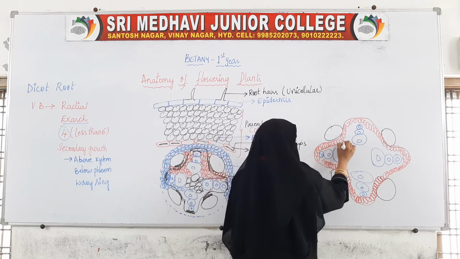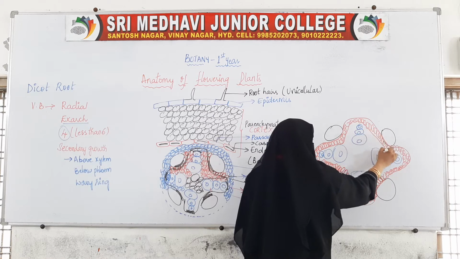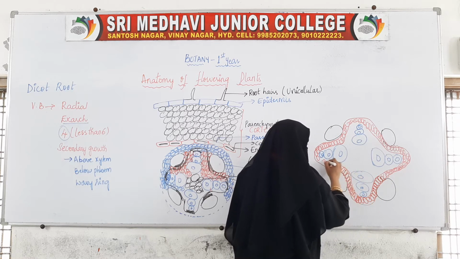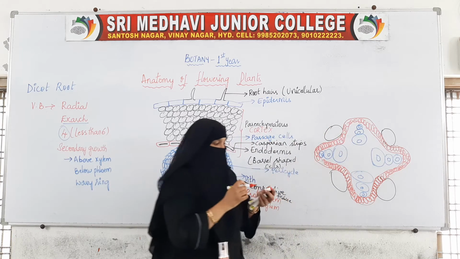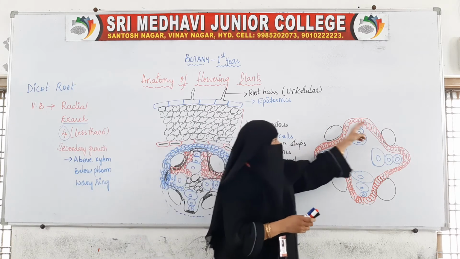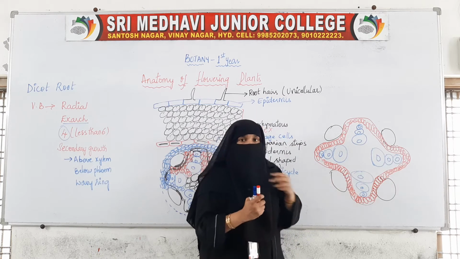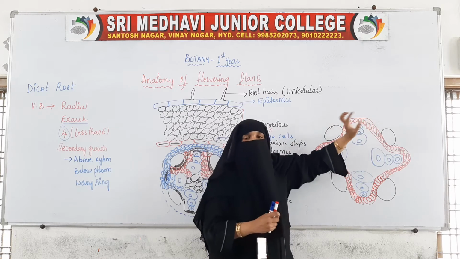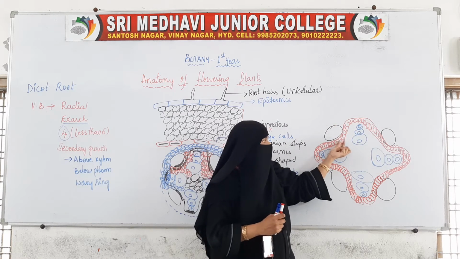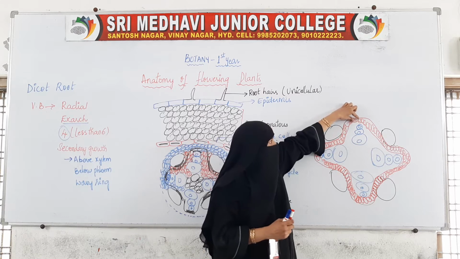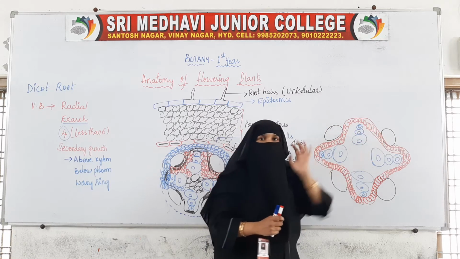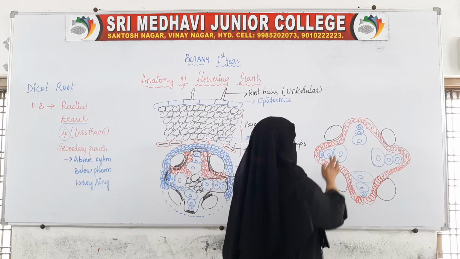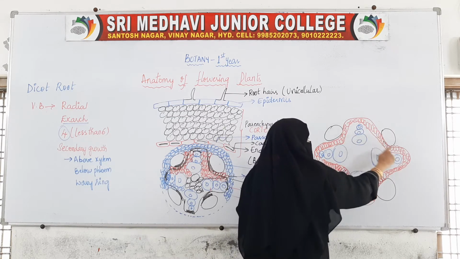These are the cells which are changing into meristematic cells. Here a wavy ring is seen. Of the cells which are changing into meristematic, a few cells below the phloem and a few cells above the xylem will change into meristematic. It will be seen if I remove this. So a wavy ring is formed.